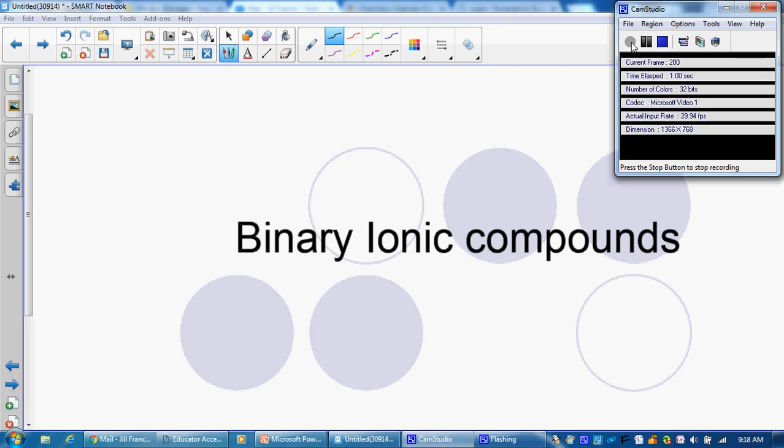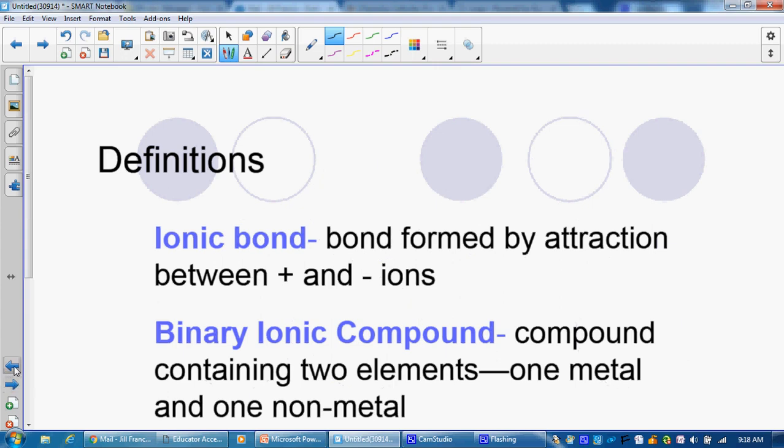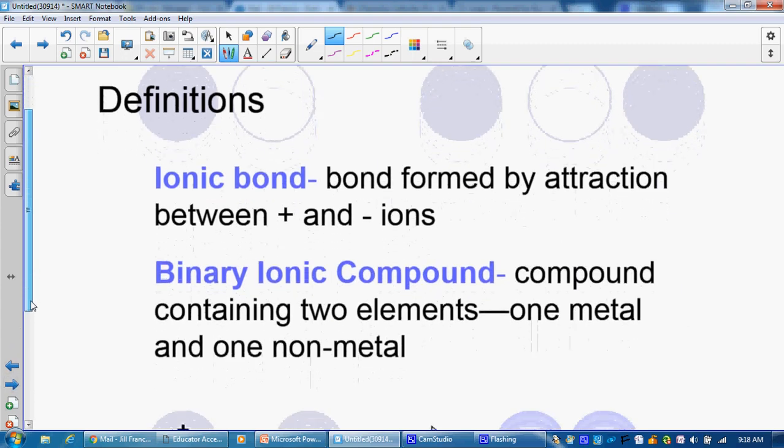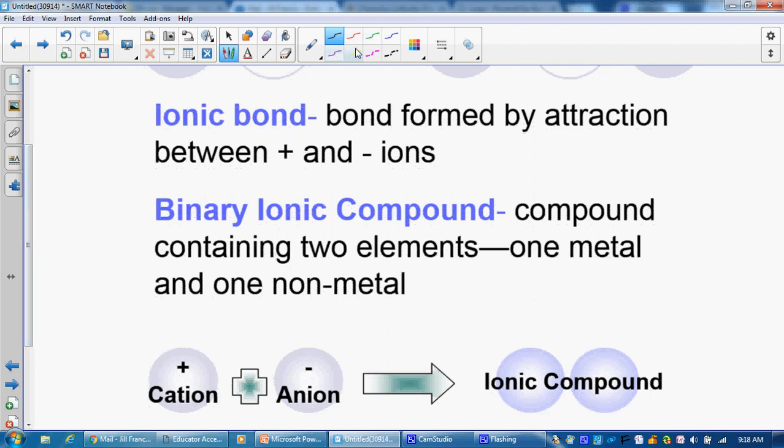This video is going to talk about binary ionic compounds. And remember that we've talked about the two different types of compounds. Ionic is always going to be your metal and your non-metal. So if we look at the definition here, since it's a metal and a non-metal, it's positive and negative ions, and that's what causes